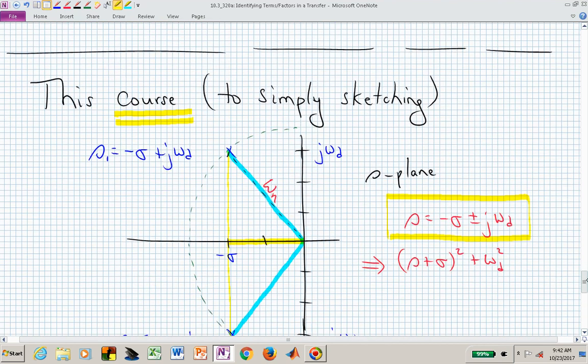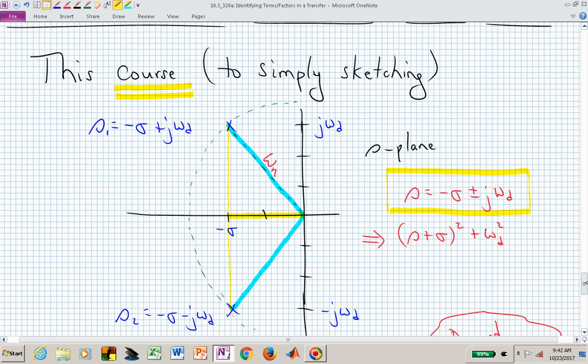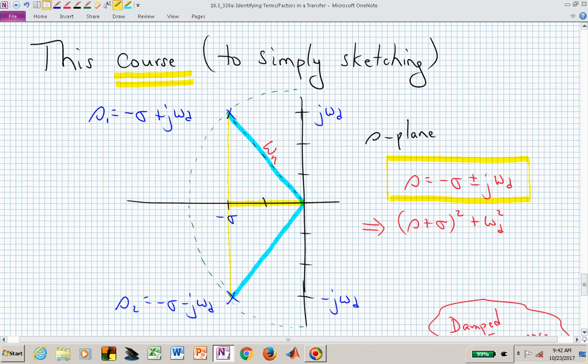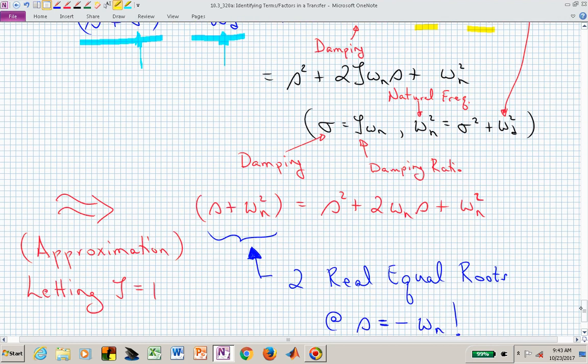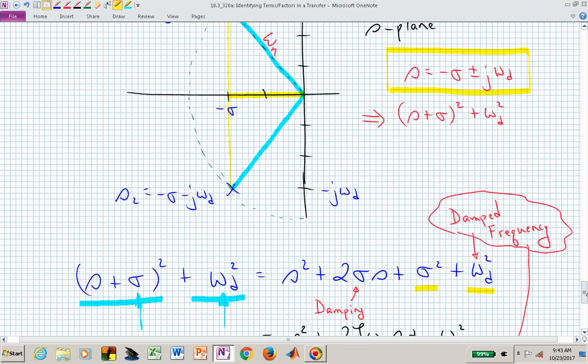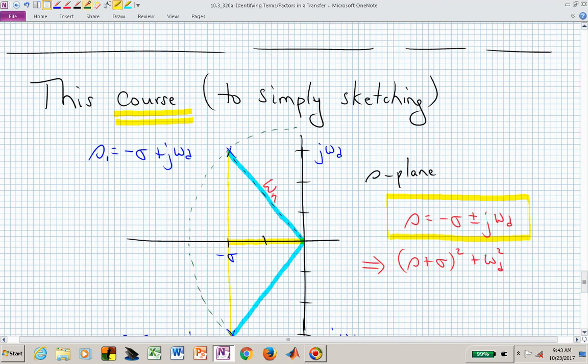Now, all of that said, what are we simplifying? Well, it's a little more challenging to sketch with this imaginary component or having a zeta value. So for this class we are going to let zeta, the damping ratio, be 1. I've already talked about what happens when zeta is equal to 0. When zeta was equal to 0, we've now moved our omega sub d up to having this omega sub n value. Now I want to move us down here where zeta is equal to 1,